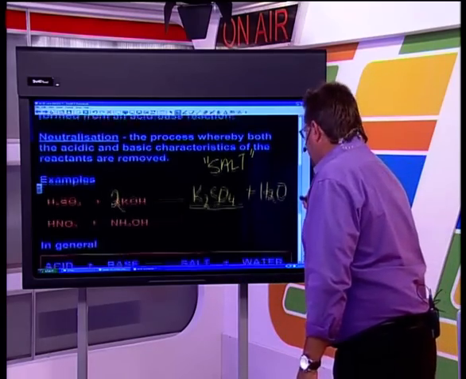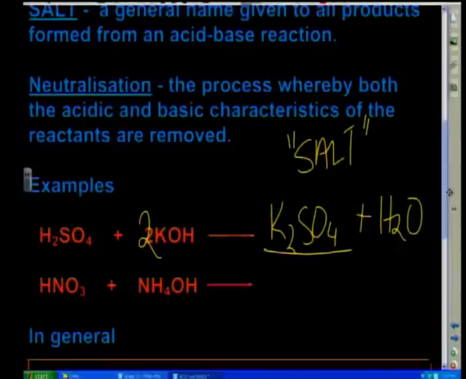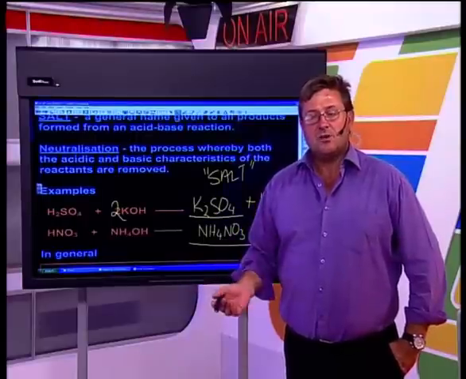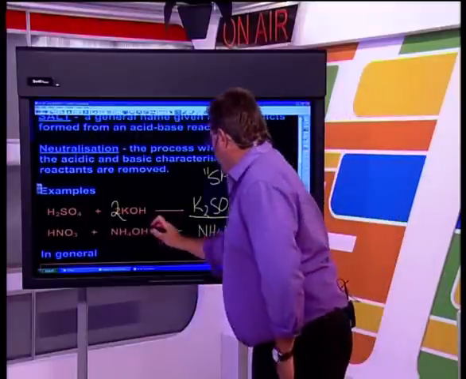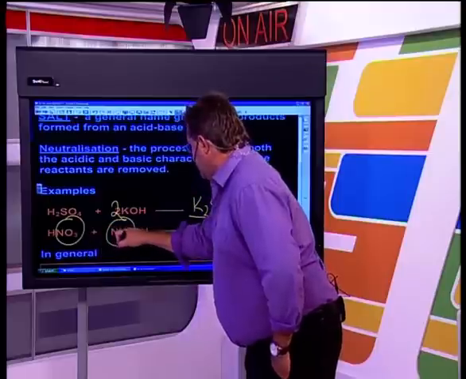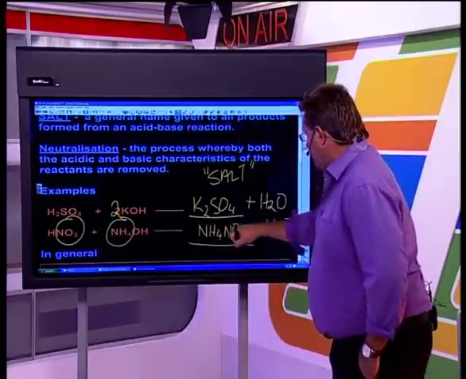Another example I've got over here. What about nitric acid plus ammonium hydroxide? Well, that will produce ammonium nitrate plus H2O. Okay? And that is balanced as it stands. There, guys, is another example of a salt. Ammonium nitrate is a salt. It's a product of an acid, there, the NO3 part from the acid and the NH4 part from the base, and there it is,